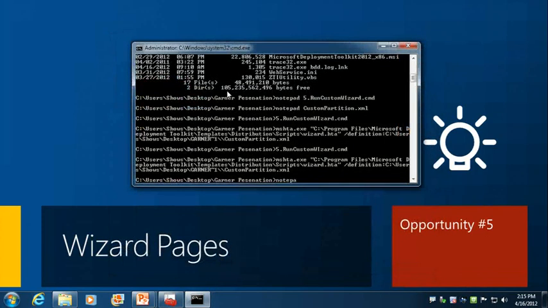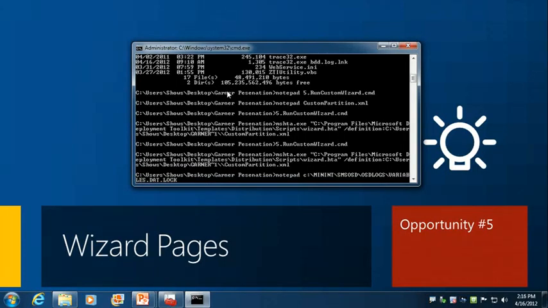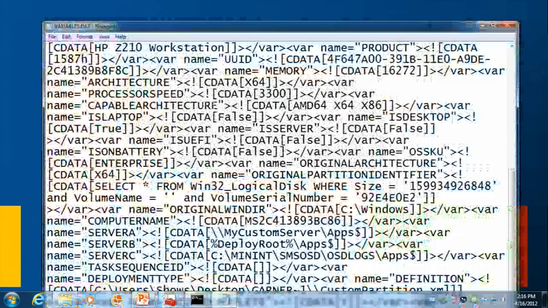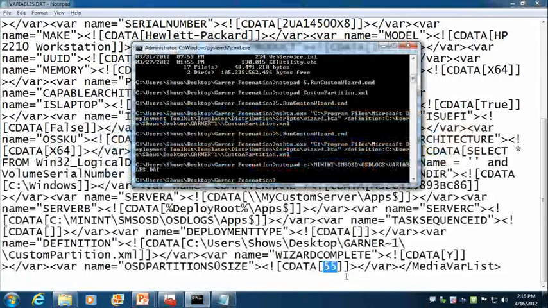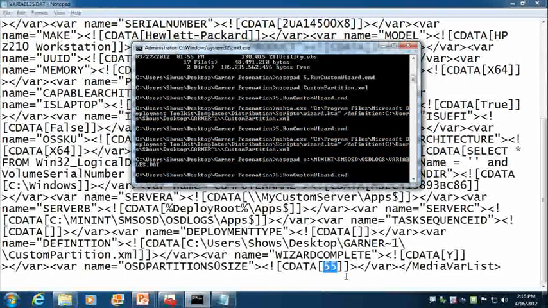And if we were to go into Notepad, C:\MININT\SMSOSD\OSDLOGS\variables.dat, we should scroll to the very bottom and see that our OSD partition size was automatically set to 55%. So if we were to start this up again, MDT should be smart enough to read from the variables